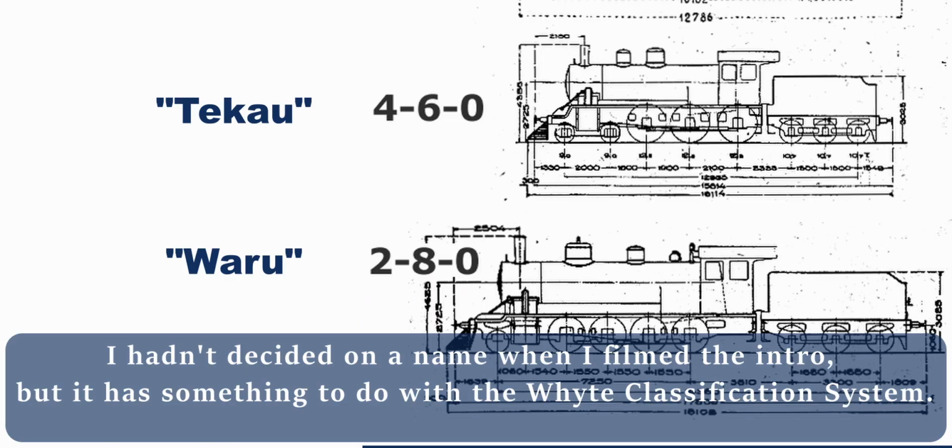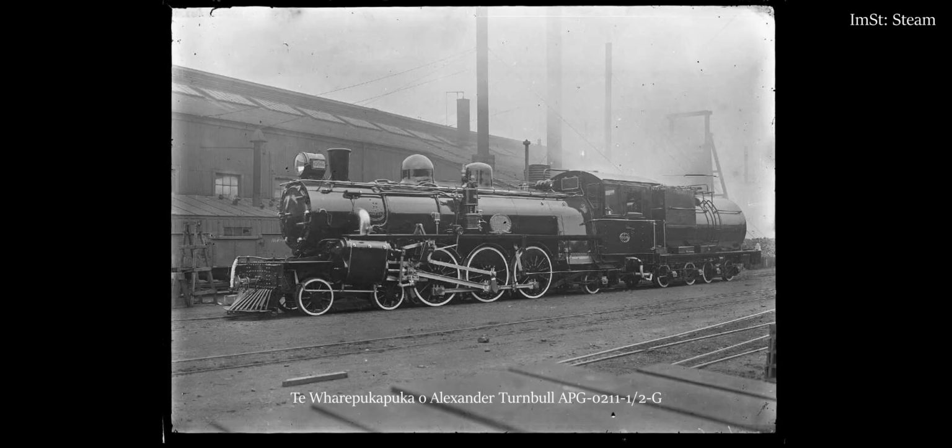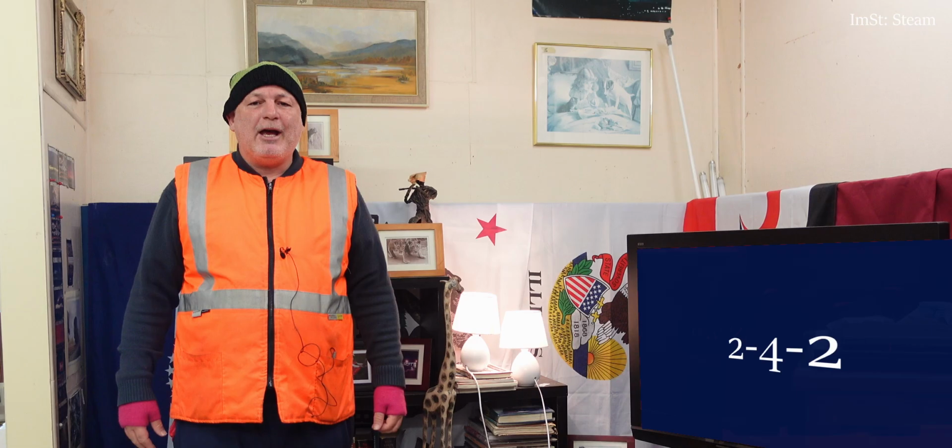Okay, Mr. Whyte was a locomotive engineer from Albuquerque. He invented a system of identifying locomotive type by wheel arrangement. We're all familiar with this. We know that AB608 is a 462. We know that the F preserved at Ferrymead is an 060 ST, and we know that the K at Waimea